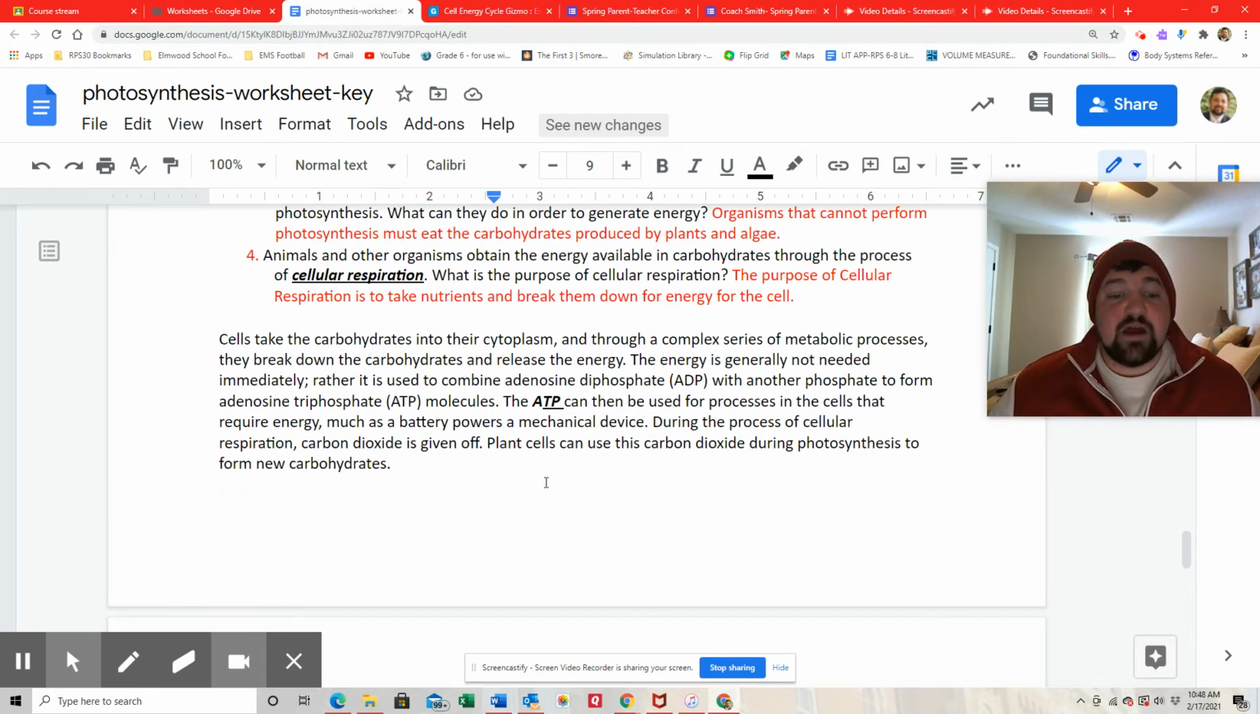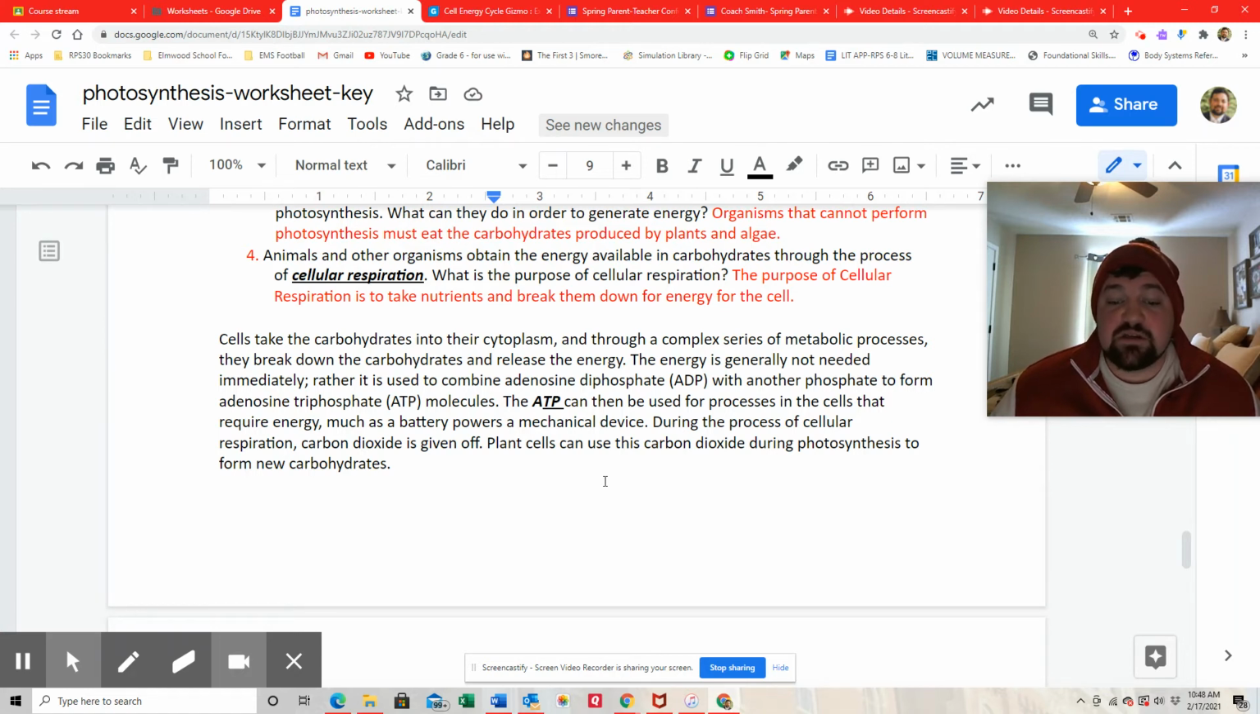Cells take the carbohydrates in their cytoplasm, and through a complex series of metabolic processes, they break down the carbohydrates and release the energy. The energy is generally not needed immediately. Rather, it is used to combine adenosine diphosphate, ADP, with another phosphate to form adenosine triphosphate, ATP molecules. The ATP can be used for processes in the cells that require energy, much as a battery powers a mechanical